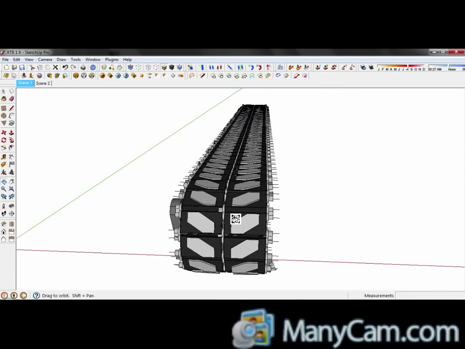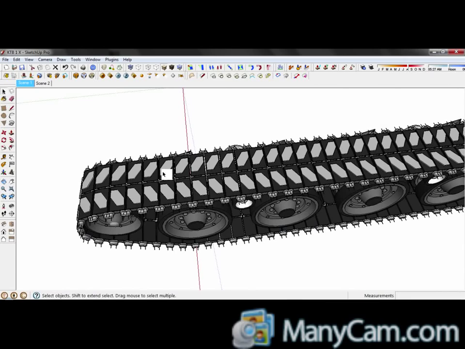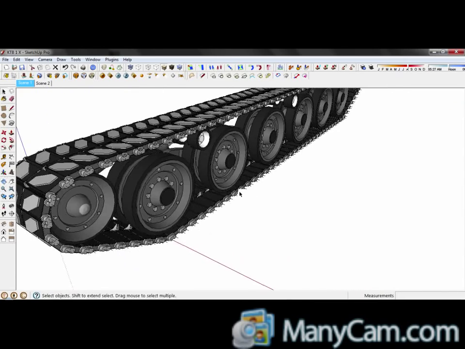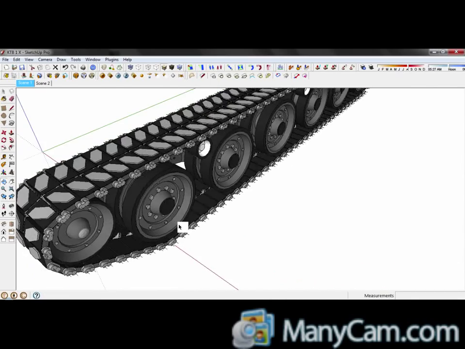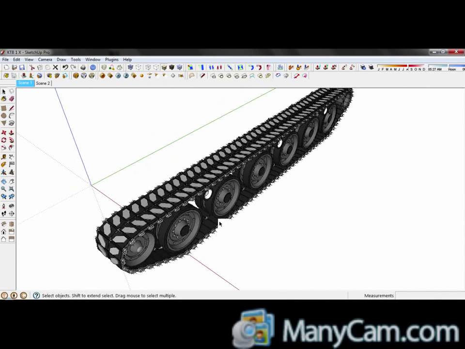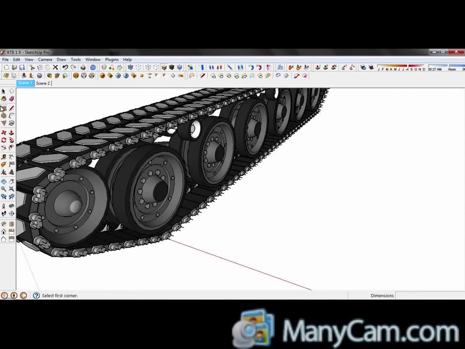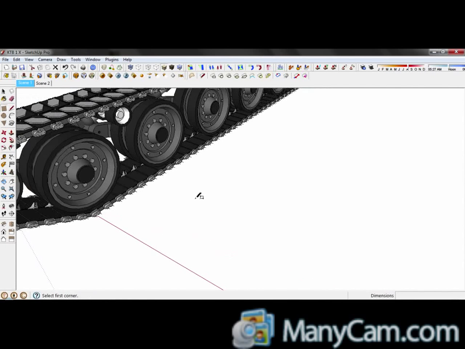As you can see here, I modeled mine with those pad track links. Also, can be found almost similar to the Abrams. Okay, let's start with taking the rectangle tool, and you click it once, but you don't